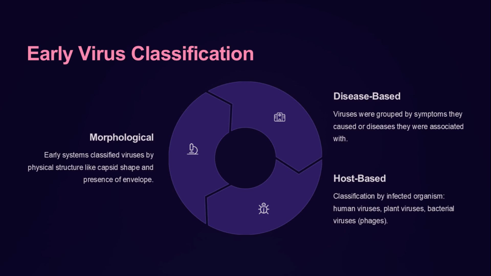Early virus classification systems were based on physical structure, the diseases they caused, and the host organisms they infected. Morphological classification looked at the shape of the virus capsid and whether it had an envelope. Disease-based classification grouped viruses by the symptoms or diseases they were associated with. Host-based classification divided viruses into those that infect humans, plants, or bacteria, bacteriophages. These early classification systems provided a way to organize the diversity of known viruses, but had limitations as new viruses